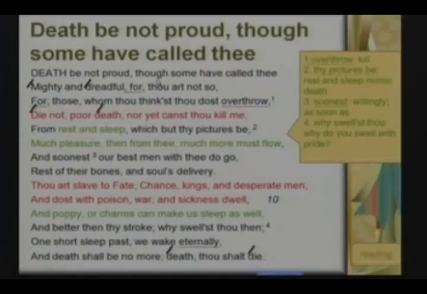Death be not proud, though some have called thee mighty and dreadful. Do pay attention to the changes made to iambic meter. When there is iambic meter, the changes made to it will be the places where the poet wants to put emphasis, like mighty and dreadful. These two are